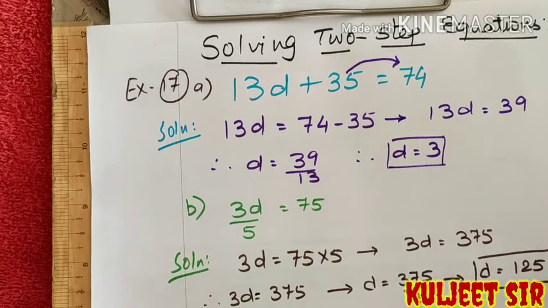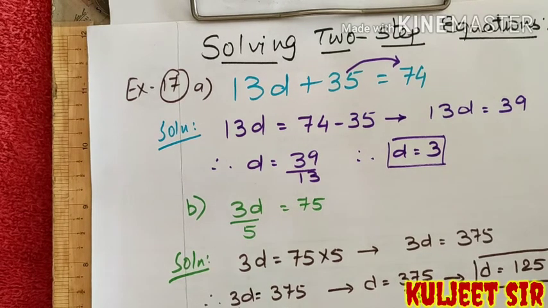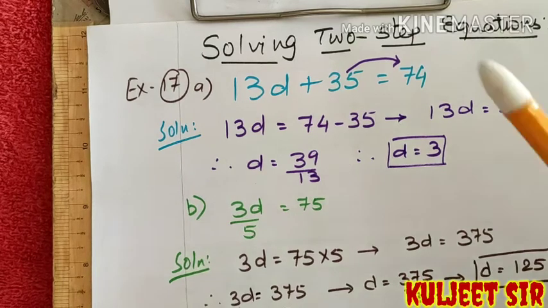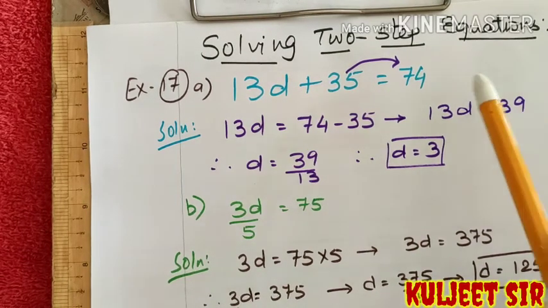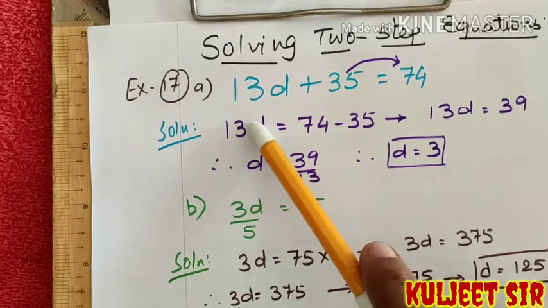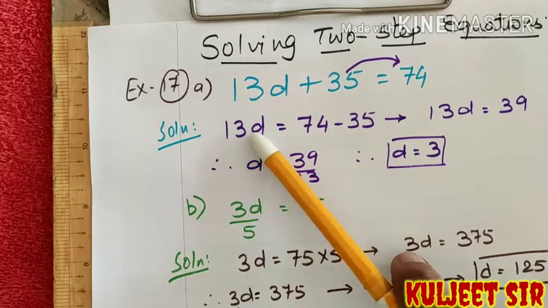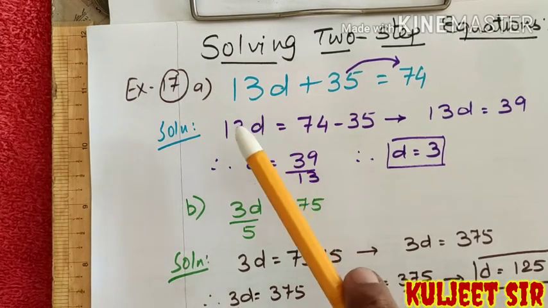Good morning, students. Today we will be moving on to the last topic in our lesson, algebra. The last method, rather, that is solving two-step equations. Okay, so we'll start with example number 17 directly. I have taken all the 4 examples which are there and I'll explain it to you sequentially.